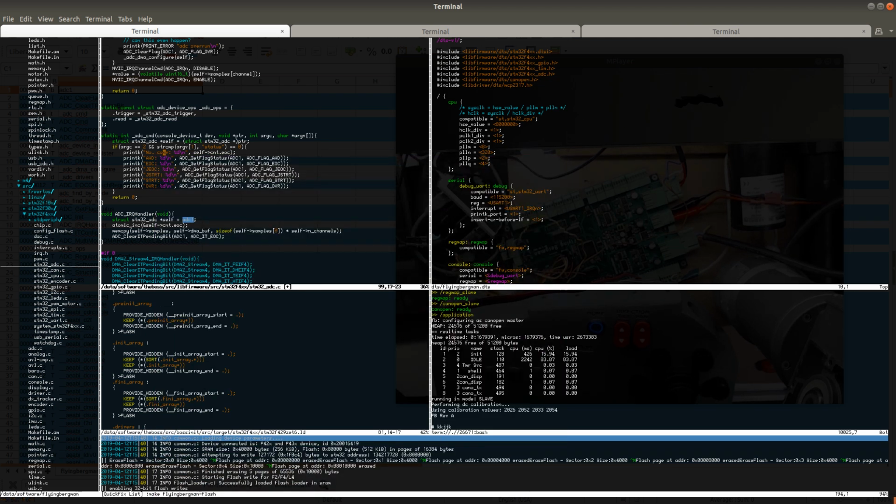I could actually print the flags in one line, just like this. Status is going to be, if this one is set, then we do